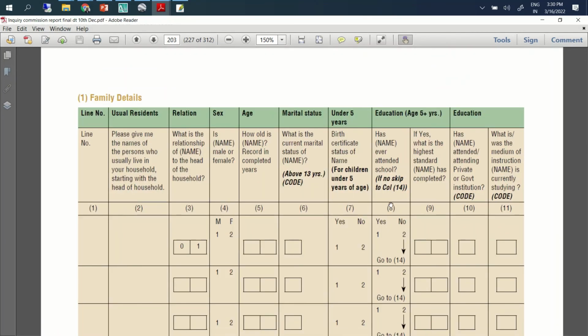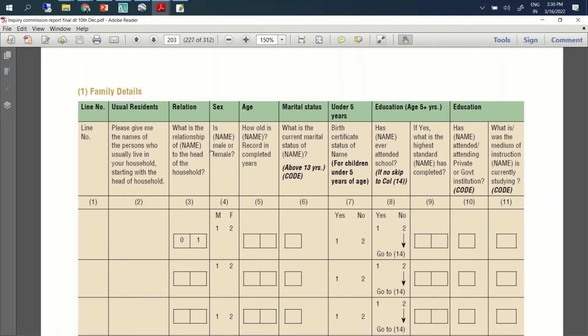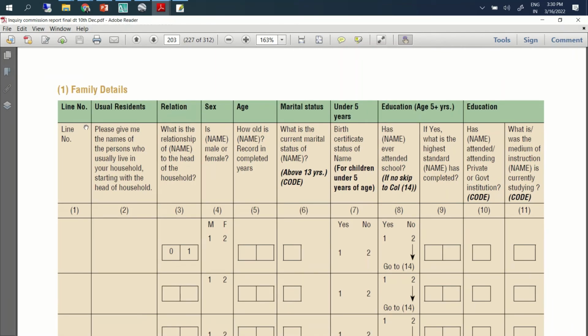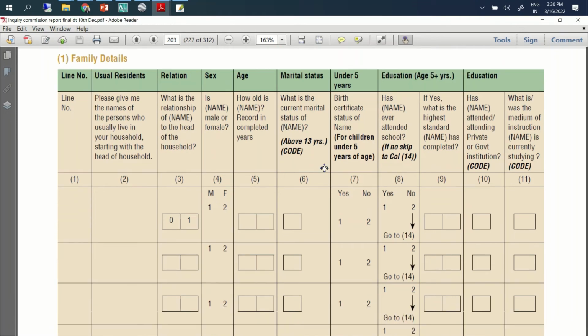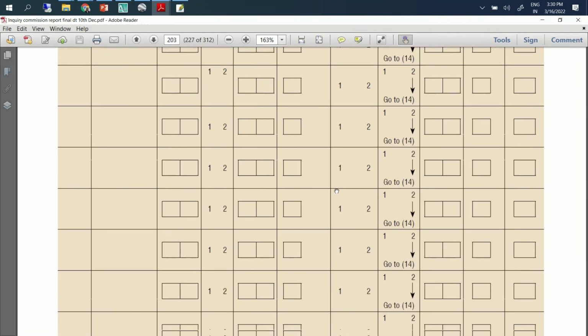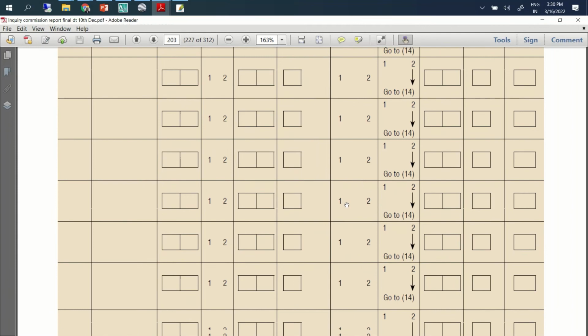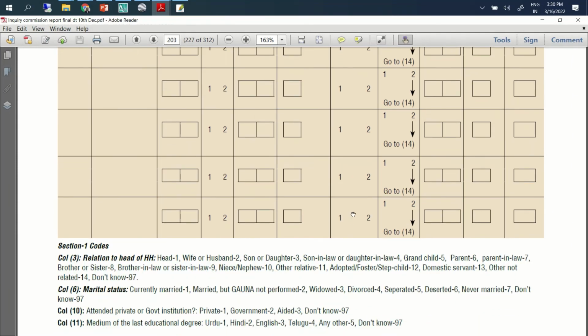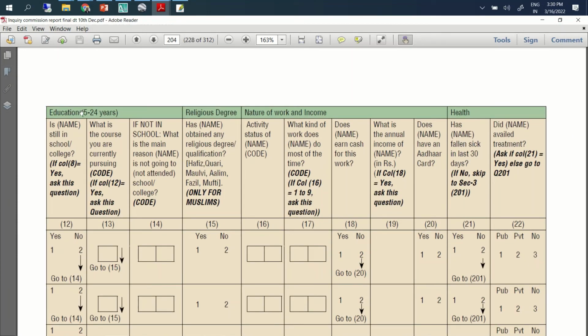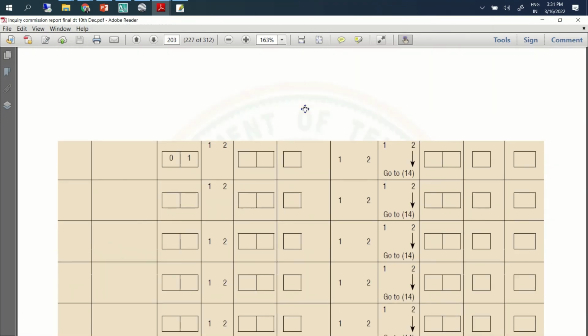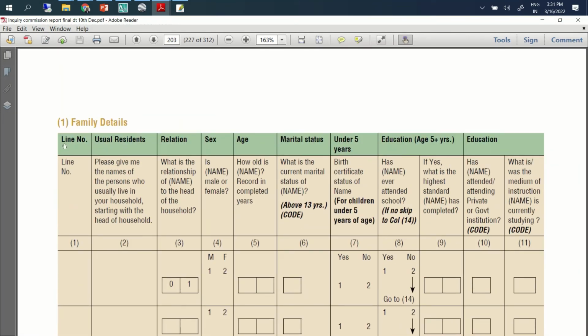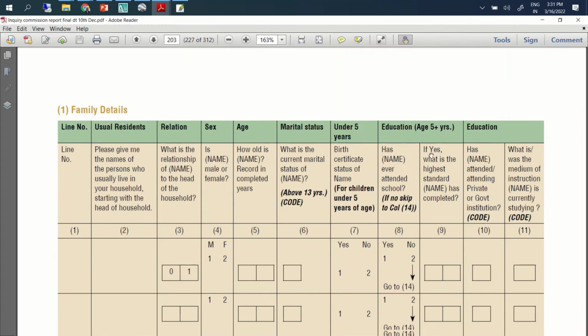These are introductory parts, more to do with the individuals and their characteristics, more personal information. Then if you see this column, we have relation, age, sex, marital status, education.